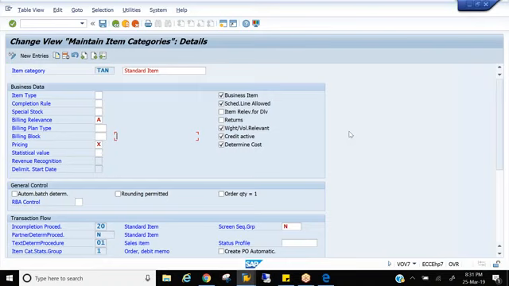So why do you need to customize item usage when you can go for your own item category determination? Item usage is to identify the standard process. That means free goods. How does the system automatically identify free goods? Because there is an item usage called free. Okay, that is automatic item category determination. When you have an option to create your own item category determination, then why do you need to create a new usage? If you want, you can always create it, but you don't need it.